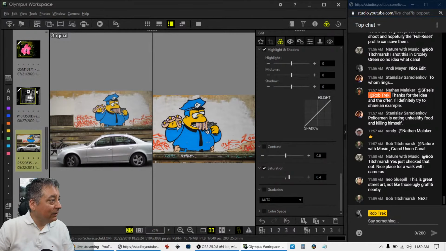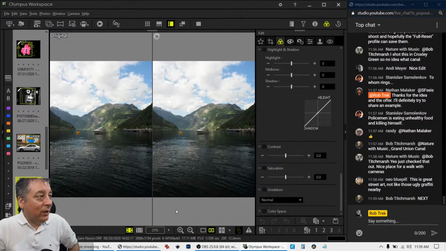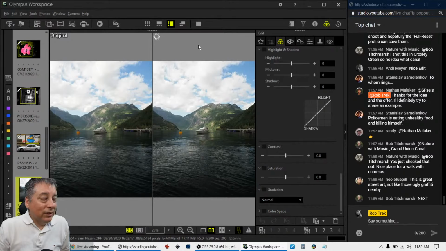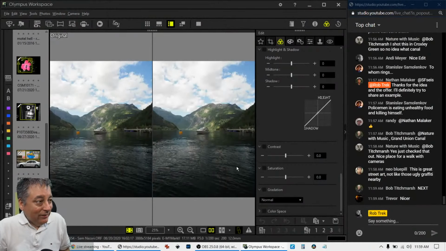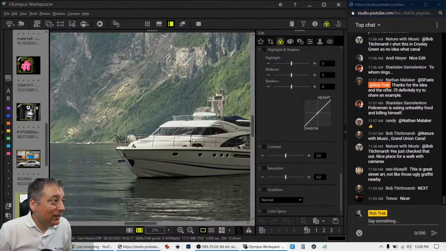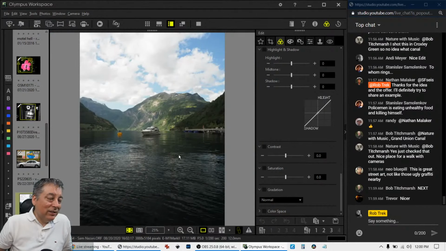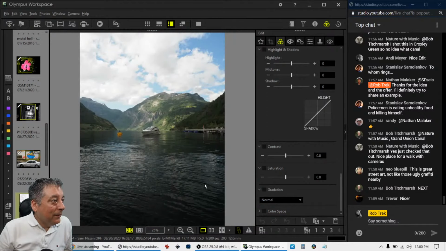Let's see what we got here. This is from Sam. Wow, Sam. Normally Sam is really high up, looking down from a mountain or something. This one is kind of sea level now. I bet this is the same area, but now he's down near the lake instead of looking from high up. I like this composition and everything. The only thing I don't like is this yellow buoy. So if I can brush that out,